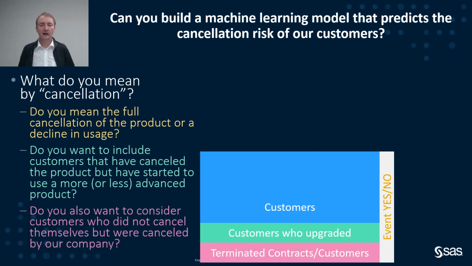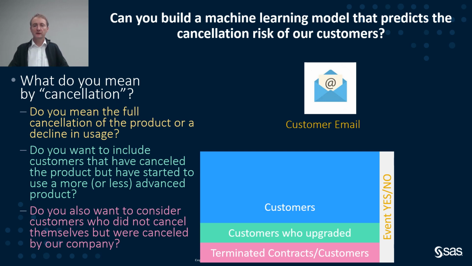And maybe there might also be other customers who have a terminated contract, but not because they canceled, but because we had to close their contract. Maybe they didn't pay the bill, or they did something fraudulent with their account. So you see that there are a couple of business questions which are relevant before you start analyzing, which you need to find out, for example, what records, what analysis subjects should I have in my analysis before I build the model. And from a technical perspective, this maybe is just a simple where clause where you delete your records, but it's important to discuss this from a business perspective.